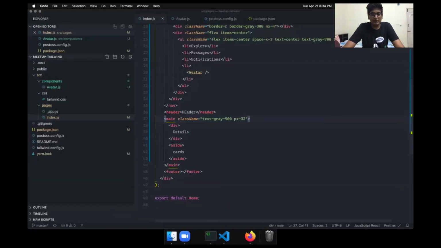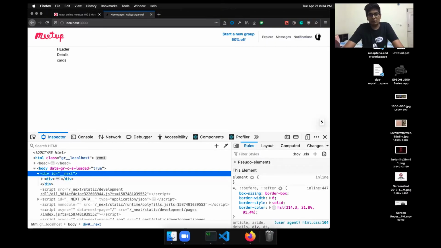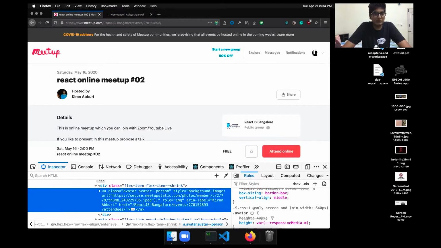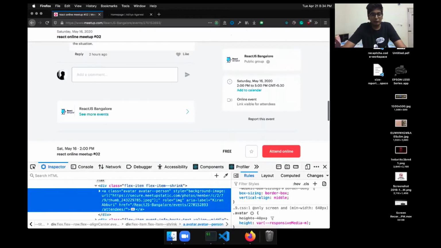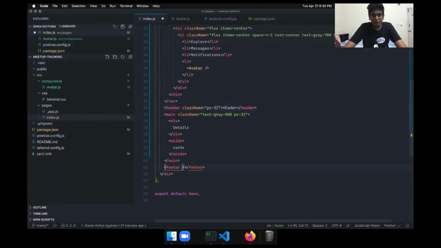And in the header I can also say for now that the class name will also be 32. Now the advantage here is that since we have design tokens, I can say 32, and now we know that everywhere it has to be 32. It's not like one place we have 33 pixel, one place we have 32. So we have to think in tokens. So yeah, this looks similar to that. And now that we have done this, let's add a footer as well. Okay, I have a footer, so I'll just put a class name of px32 here as well.